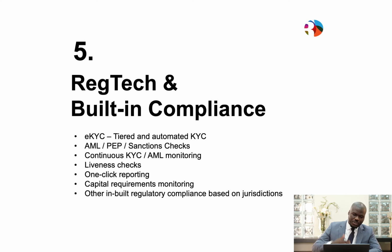Send us your passport, proof of ID, proof of address, proof of source of funds, and whatever it is that you want to ask the user. So with regulatory technology, we can actually create tiered KYC and automate the entire process of onboarding, KYC checks, and the likes of it. Some people may say, but what if I get somebody's ID and use it to gain